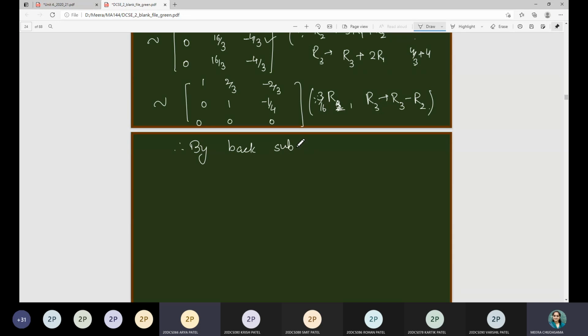Should we write first and then we can do 3 by 16 R2, because we are doing first operation R3 equals R3 minus R2? Simultaneously, you are applying both the operations on the previous matrix, no? Yes, ma'am, but we have to follow that step. No, we have written second. So R3 minus R2 comes first and 3 by 16 R2. You are performing this operation simultaneously. So in the reason, you are talking about writing the order in the reason, no?